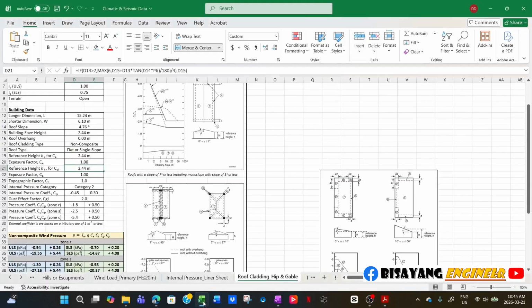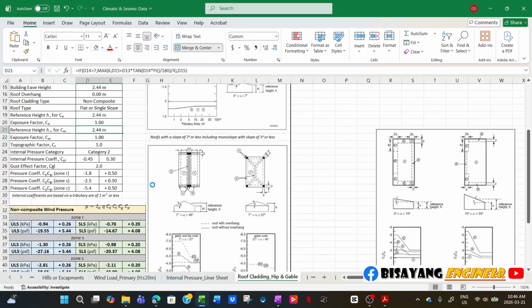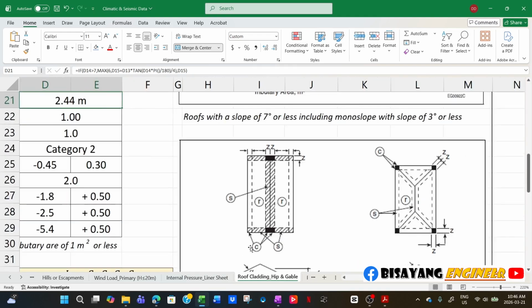Let's look at this one here. R is the bigger, the white one, and then S is the hatch area, like diagonal, and then the solid one is C. Can we zoom this one? Yeah, so that one there. So S is the diagonal hatch. Then R is the common area, and then C is the